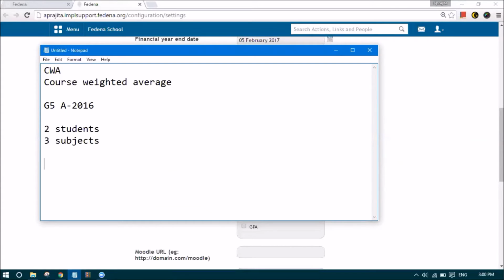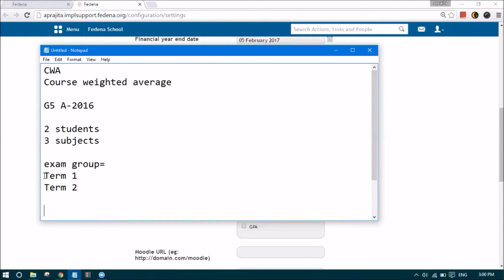And now let's take an example. Let's say in the academic year for grade 5 A 2016, you have term 1 and term 2. So these 2 are the terms that are conducted throughout the year. One may happen after the 6 months and term 2 might happen at the end of the year. Now you can create exams for each term, and in terms of FEDINA, exam group is equivalent to the terms or the exams that you have.